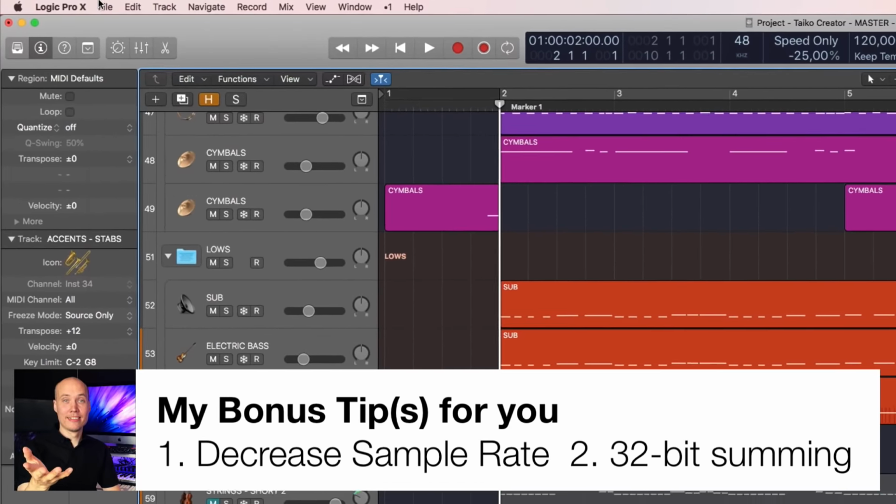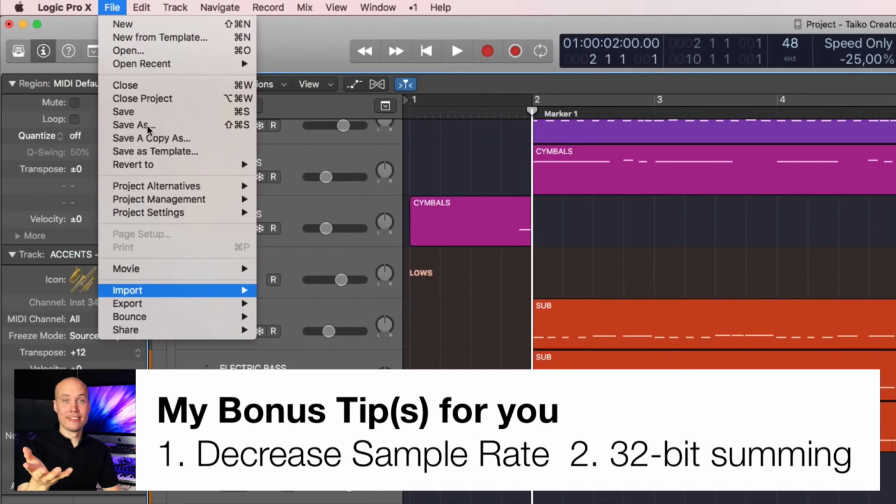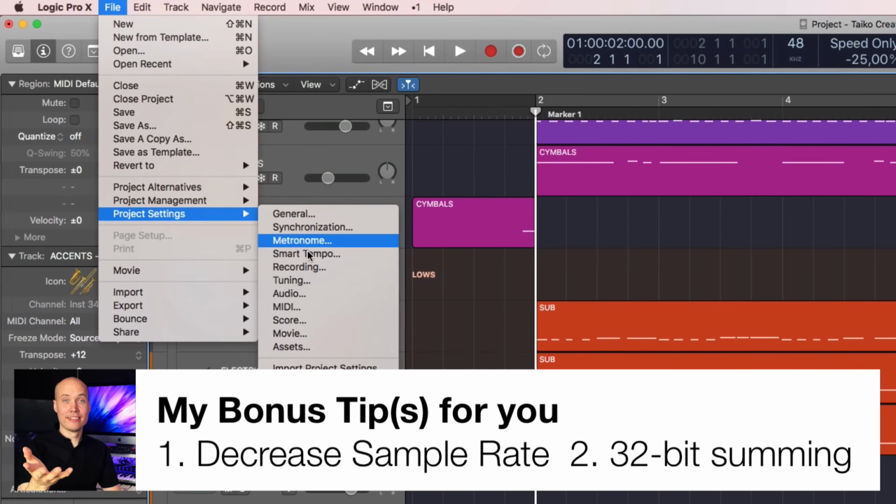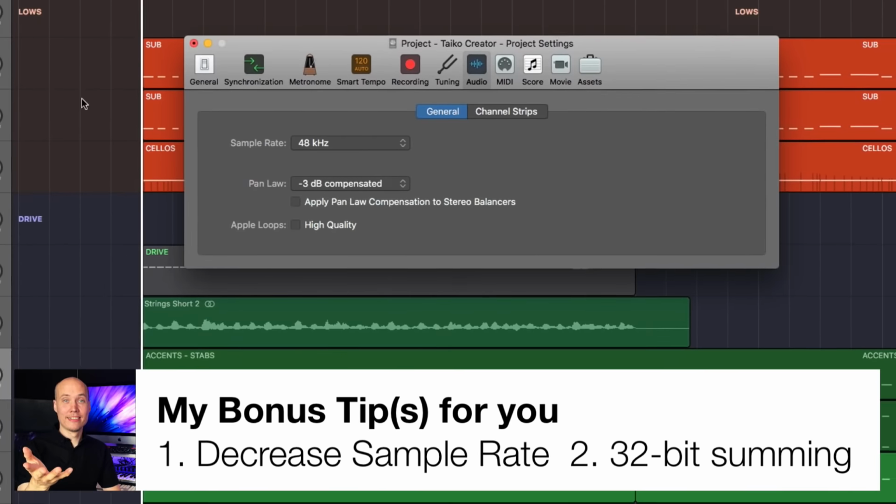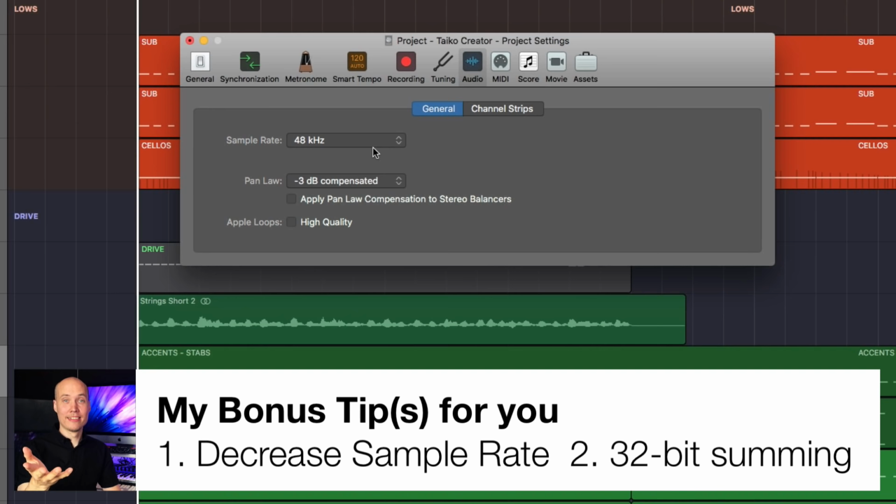The first one is to go into the project settings, file, project settings, and then audio, and here you can decrease the sample rate, because the higher sample rate you have, the more stress on your CPU. I personally often use 48 kHz, but you can go down all the way to 44.1, which still is CD